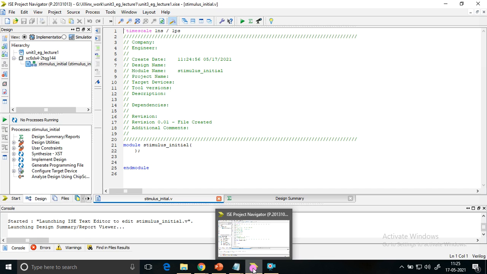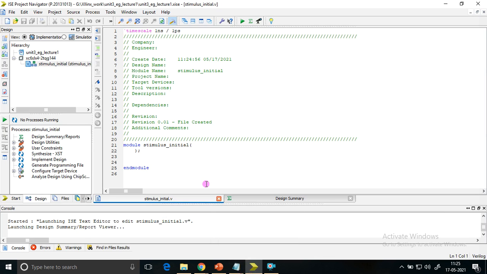Okay. Then the question comes: why did I not take it as Verilog test fixture? It doesn't matter. This Xilinx tool is very smart. Even though you select it as Verilog module, if you go on writing the stimulus without having any inputs and outputs, it will consider it to be a stimulus block itself. Then why didn't I do the same thing in previous cases? That's the question.